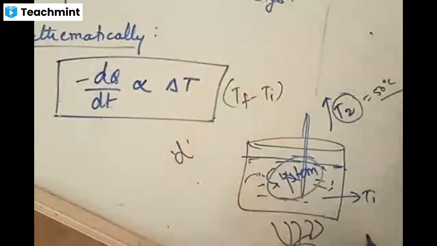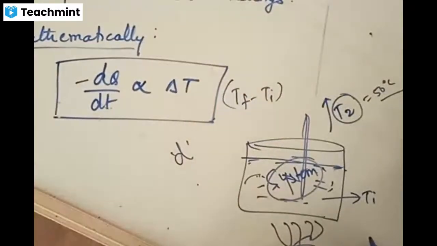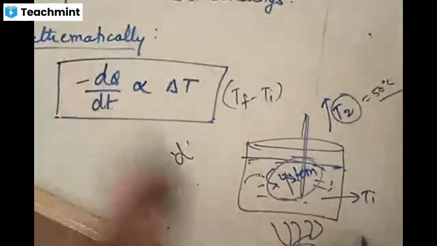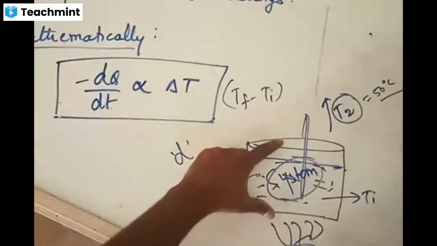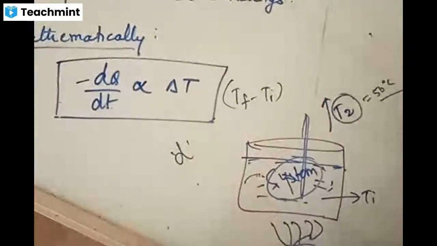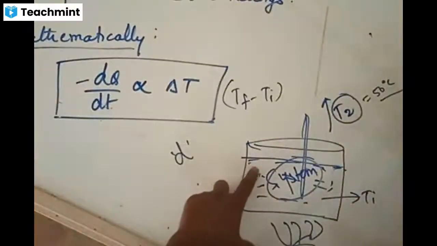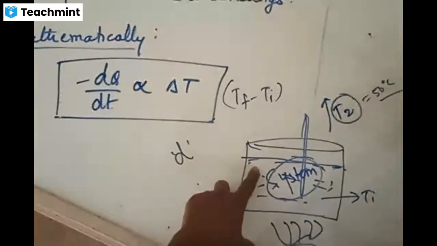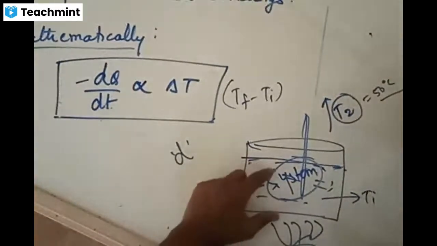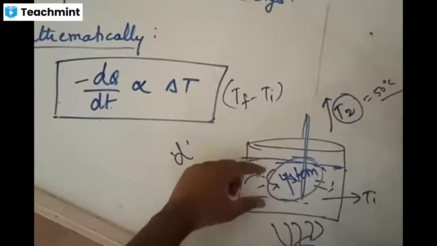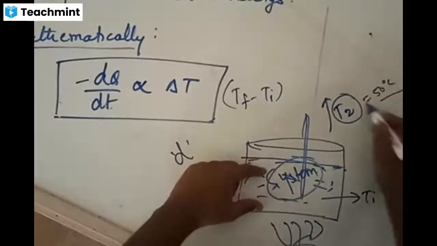Now it starts cooling. The mechanism of cooling starts. Cooling is nothing but losing the temperature of the body. Temperature decreases slowly. Now what Newton's law says is that this system is now said to undergo this cooling process, and the cooling of this body is directly proportional to the temperature difference.